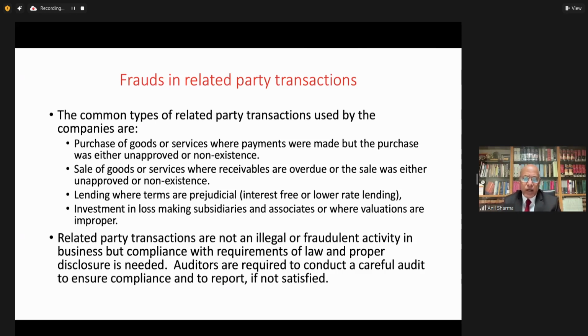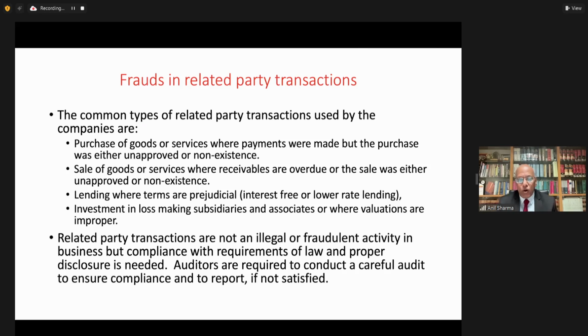Auditors are required to conduct a careful audit to ensure that compliances are there, and they are also supposed to report if they are not satisfied, if they find any non-compliance. And if he finds any suspicion of fraud, then again there are provisions where the auditor has to report to the respective authorities. So from that point of view, we can see the gamut of related party and their